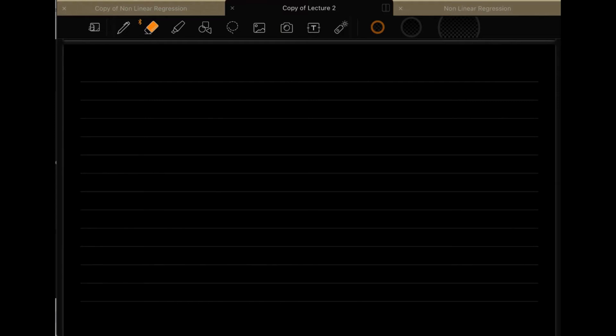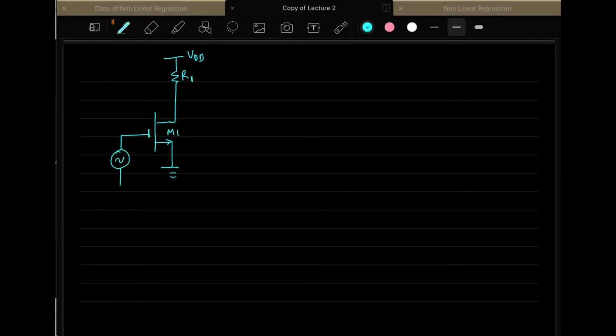So today we will start another topic, and to start it, let me draw the diagram first. If you have a MOSFET M1, a simple one which I am taking right now, and you have a resistance which is connected to this MOSFET. Here you have this as R1, and then we have VDD, and this is the small signal that you are applying, and this is the small signal voltage that you are getting at the output.